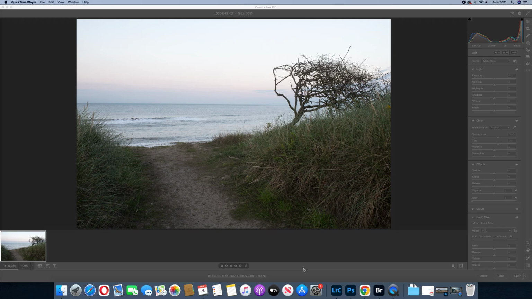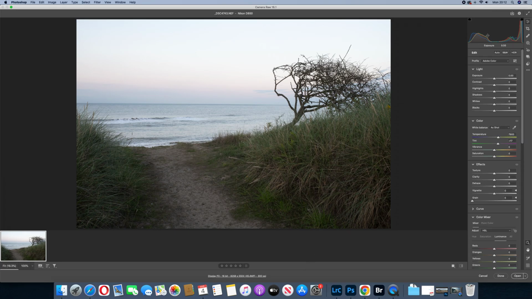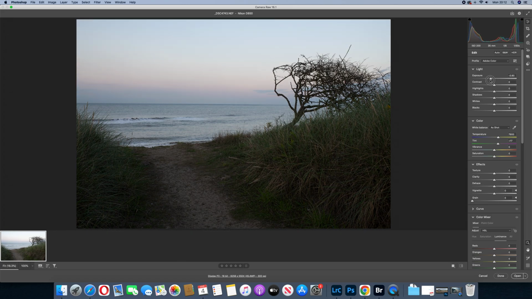Very quick video just showing how to create a preset in Adobe Camera Raw. I've got an image open and I'm going to make a few adjustments to it. So if I do a similar edit to the one I was doing in Lightroom for the dark tones look,